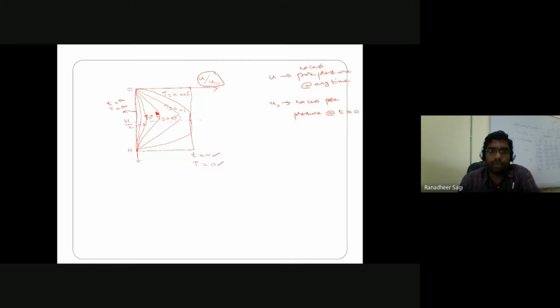So the pore water pressure that was developed in the soil sample at time t equal to 0, the numerator U, is the initial excess pore water pressure. Numerator and denominator cancel, and the ratio of U by U naught is equal to 1, which is the same throughout the depth of the soil sample. Why is it the same? Because the water hasn't started to dissipate out of the soil sample.